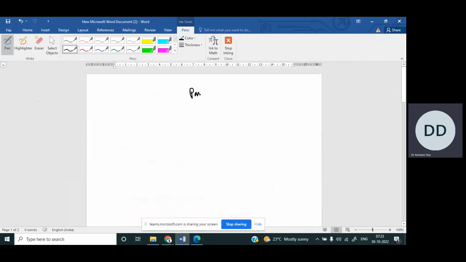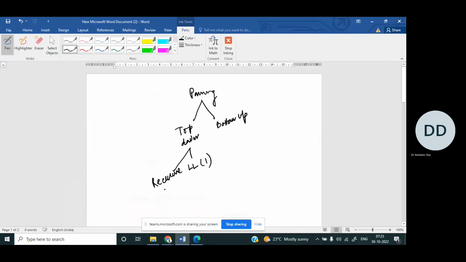Actually, the parsing technique was categorized into two separate zones. One was top-down, and another is bottom-up. Now, under top-down, we mainly focused on LL1. Also, we focused on recursive descent parsing. Correct. So under LL1, what we did, when a grammar was given to us, first for that grammar, some